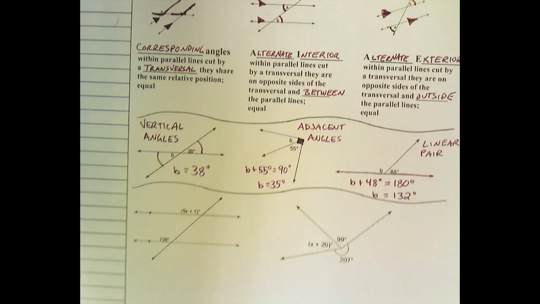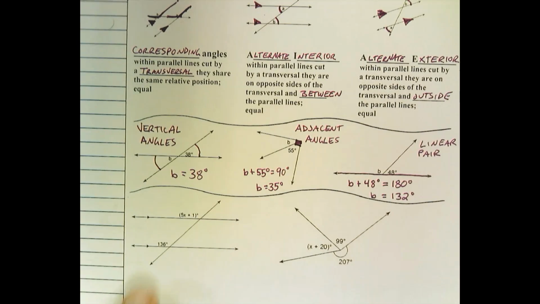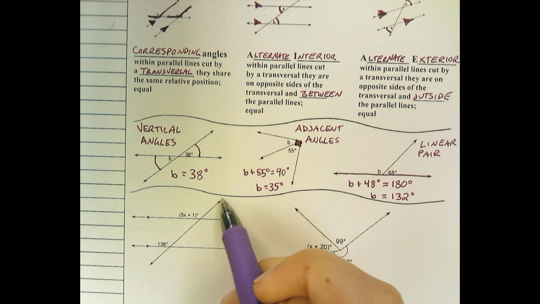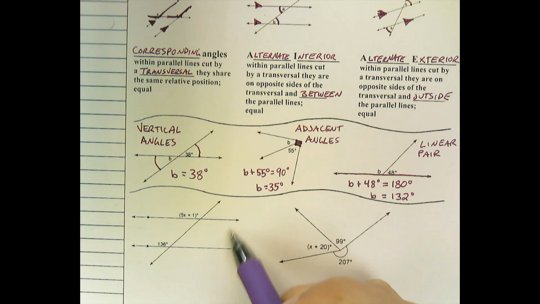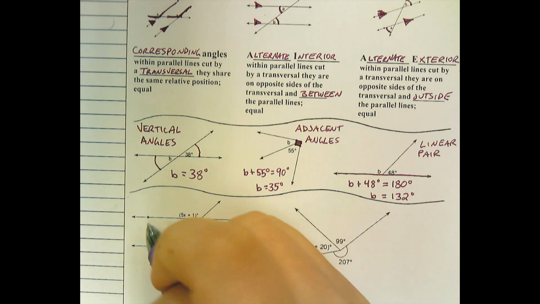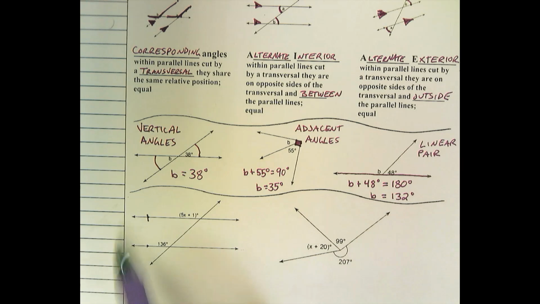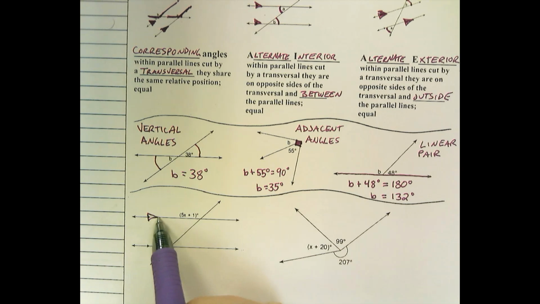Moving to the next diagram. Here we have two parallel lines cut by a transversal. I know that these lines are parallel because this triangle here, which I'm going to make bigger, and this triangle here indicate to me symbolically that the lines are parallel. And because the lines are parallel,